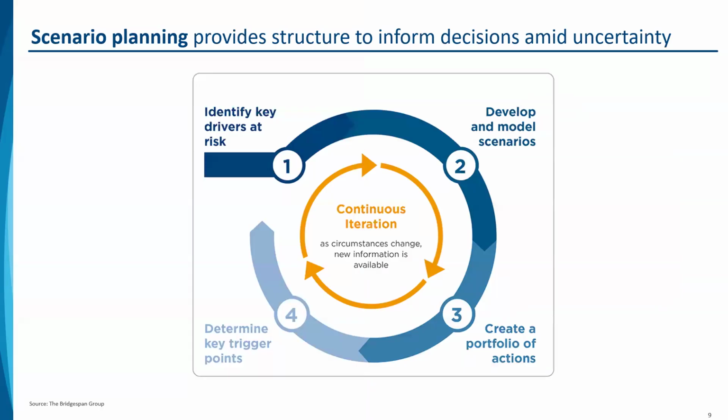So when we think about scenario planning in the face of all of these changes and challenges, simply put, it's a way to put a structure around the key decisions that you might have to make in this time of uncertainty. It's first about naming the most important things, the key drivers of your work that might be at risk, as well as maybe opportunities. And then thinking about how that uncertainty might lead to different scenarios, different versions of the future, and coming up with a plan, a portfolio of potential actions to help you navigate each scenario.